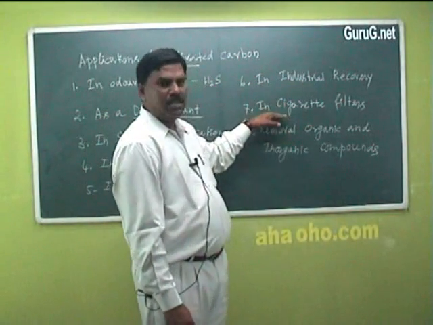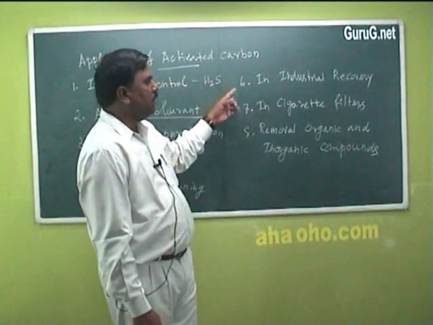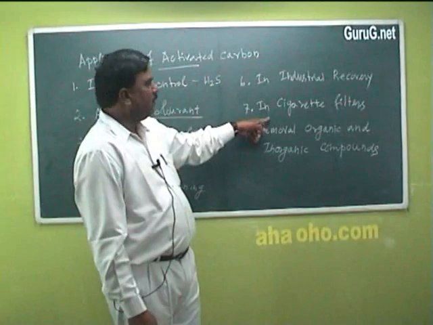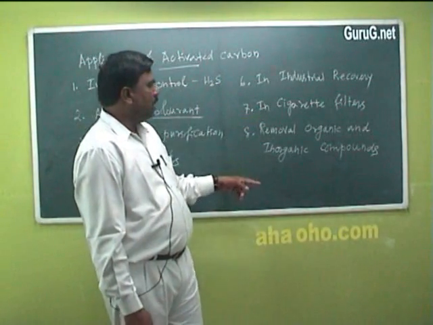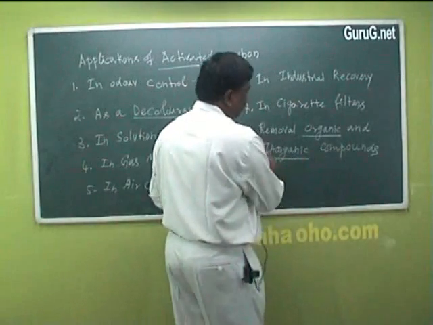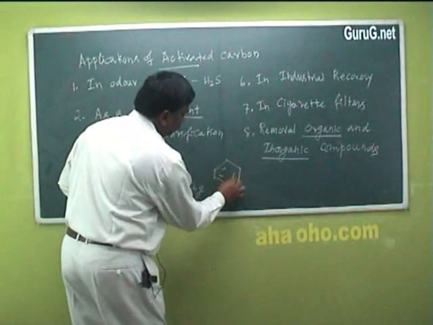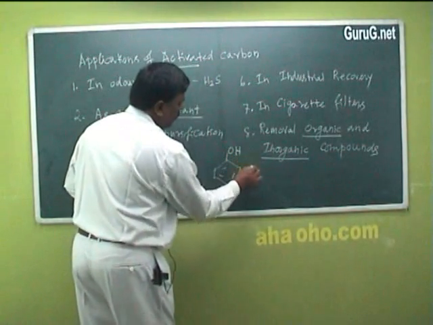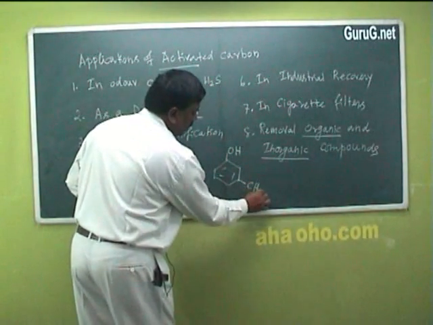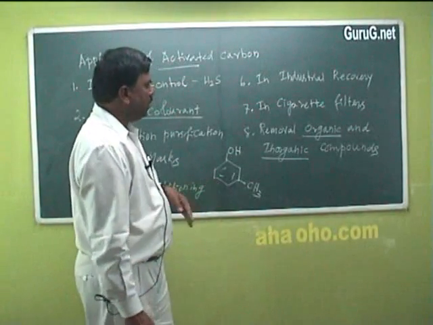And then cigarette filters. Cigarette filters also contain activated carbon, which is used as a filter. Then removal of organic and inorganic matters. Organic matters, for example, phenolic compounds, derivatives of phenols. So these are phenols, and also derivatives of phenols, cresols, present in the effluents and solutions. And then the